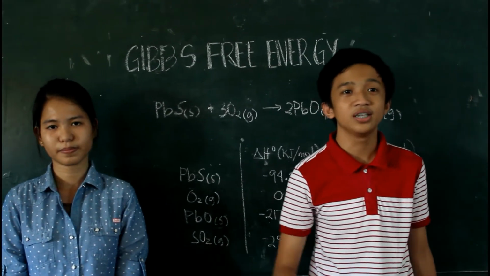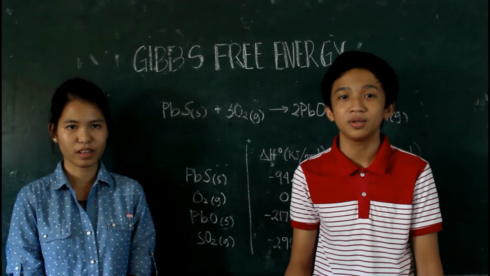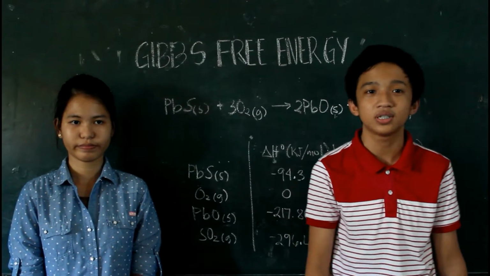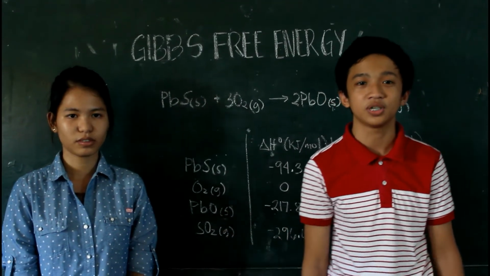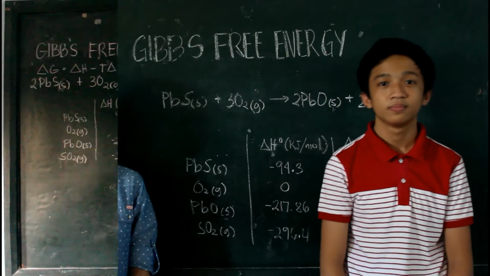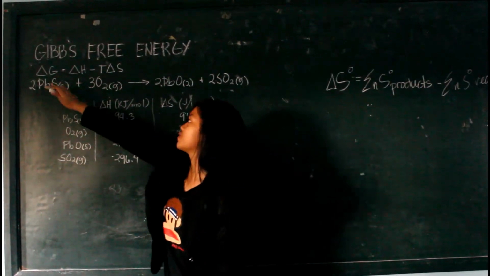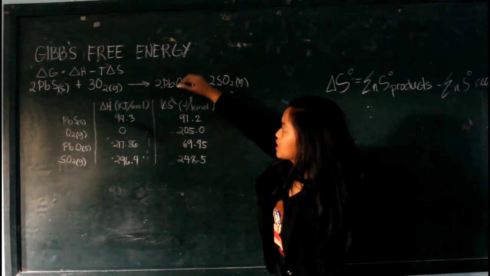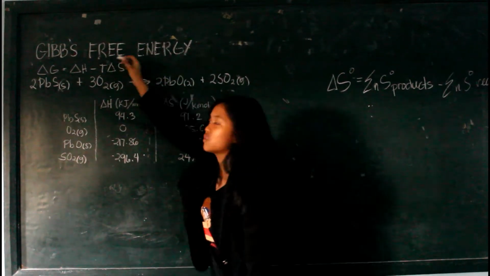This quantity is the energy associated with a chemical reaction that can be used to do work, and is the sum of its enthalpy and the product of the temperature and the entropy of the system. So in order to get the value of delta G, first we need to find the value of delta S, or